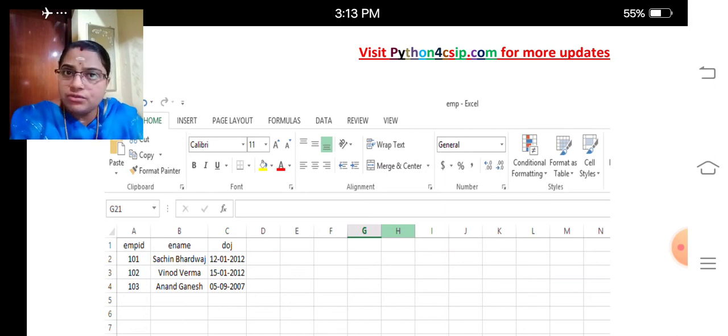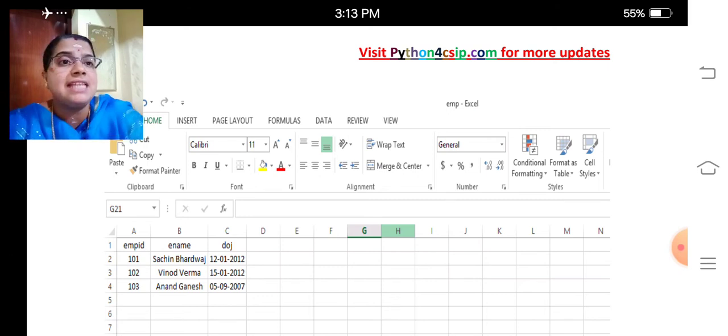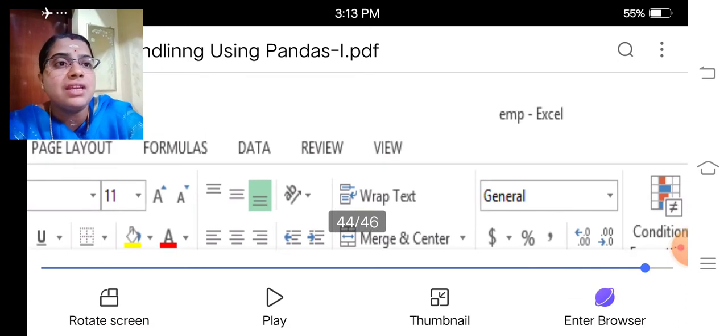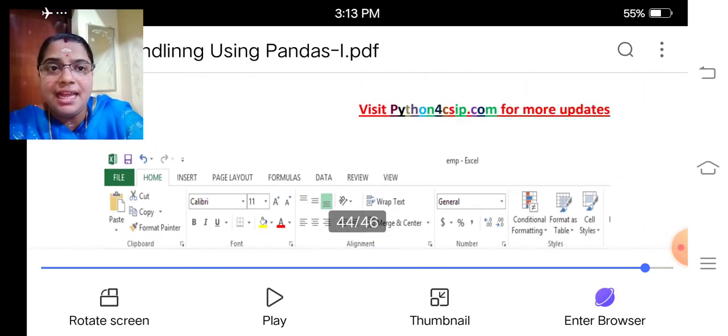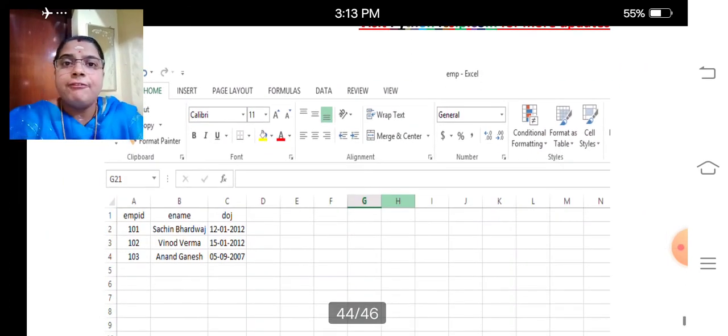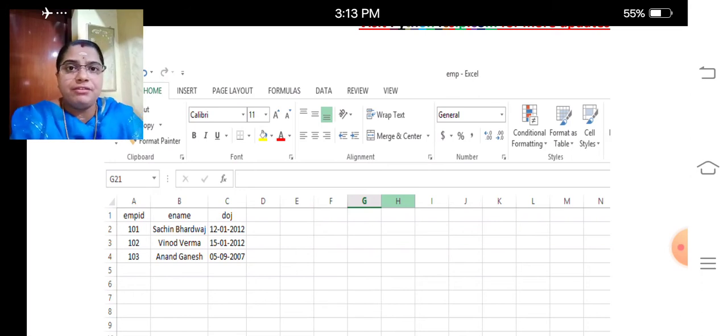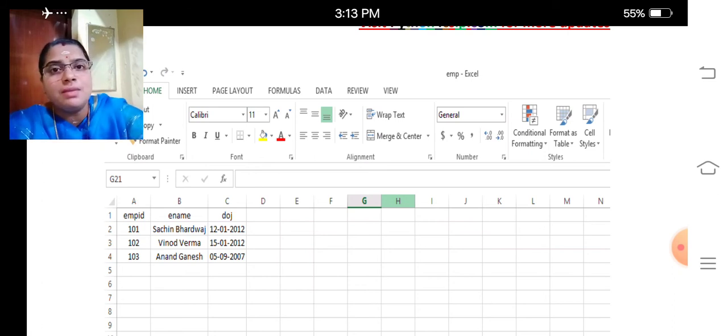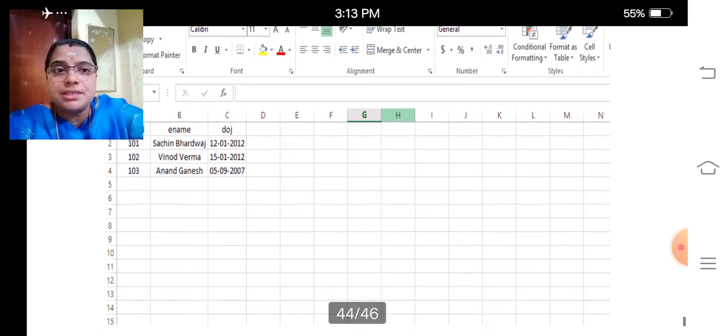DOJ as the date of joining for 3 employees. I had included this EMP as an Excel file. Look at the file name I used, EMP as the file name, and the Excel file extension we have to use is XLS. So my dear children, we should create a CSV file at first. Then it can be used with an EMP Excel sheet.